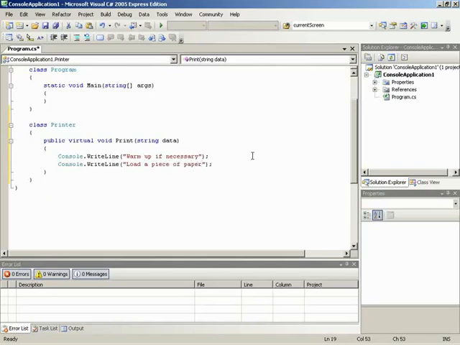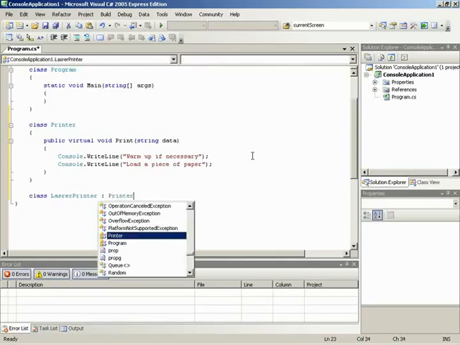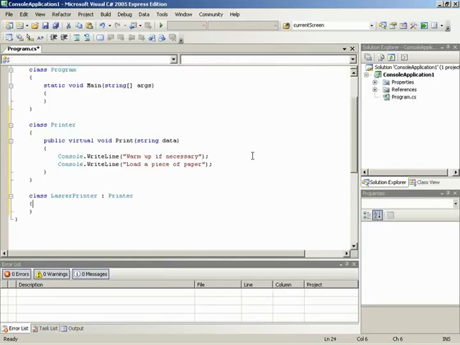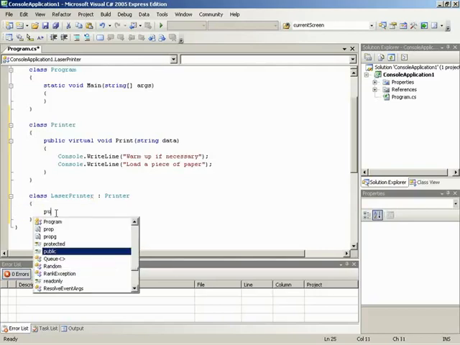Alright. Okay. Now let's go ahead and extend our printer class into a laser printer. So let's make a class for laser printer. It extends printer. And inside of laser printer, we want to extend the print functionality. We'll do this with public